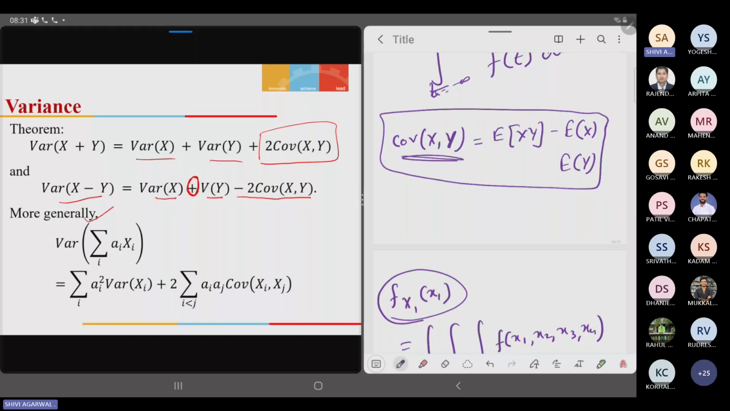When we are taking it more generally, the variance of summation of ai xi can be written as summation of ai